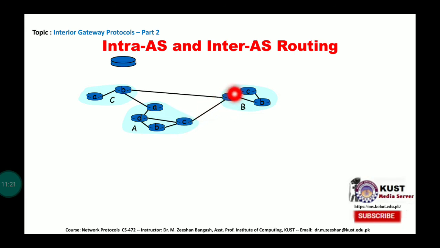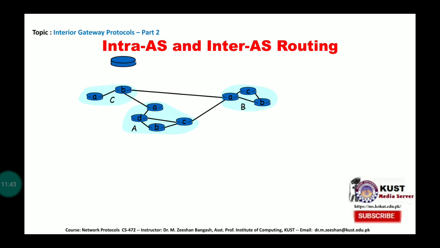It is connected to autonomous system A through router C, and region B is connected to autonomous system C through router B. So this is a pictorial representation of the wide area network and the division, or we can say a hierarchical